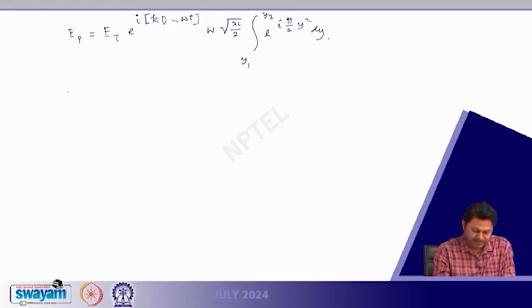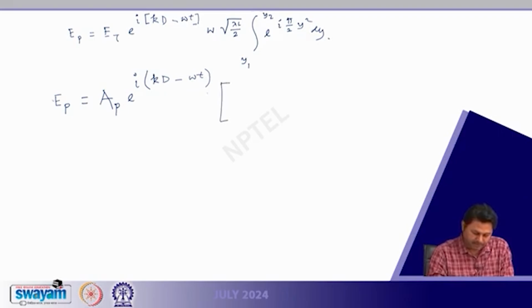Now, essentially in this integral we have the Fresnel's integral. So, EP I write this entire thing as AP, another amplitude multiplying ET multiplying W, all these things, and I write AP by putting all the terms inside the AP, then e to the power of i (kd minus omega t),